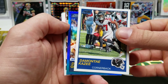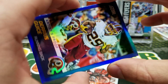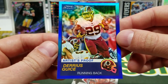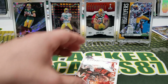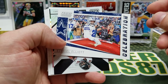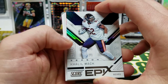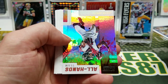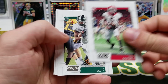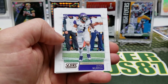Demonte Kazee. We have a Darius Guice artist proof out of 31 of 35. Nice looking card. That shiny blue border, Myles Garrett. Zeke Elliott celebration. In the bucket, toss some money in there. Khalil Mack, Epics, All Hands Team Julio. Terry Godwin, LJ Scott, Julian Love, Elijah Holyfield, Byron Murphy,